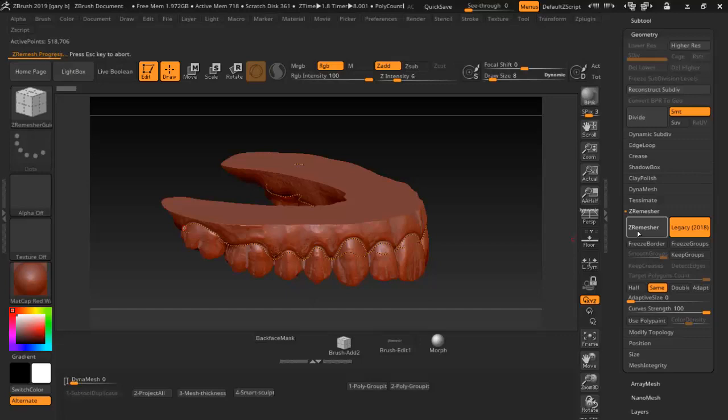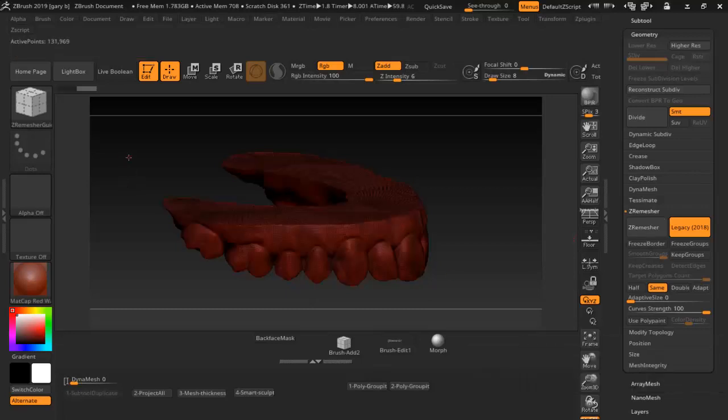Give it a second here. And like I said, always keep an eye on this corner, because a lot of times if this legacy is off and you click the ZRemesher, it'll say error, and you won't know what's going on because it acts like nothing happened, but you got an error and it just canceled out. So just keep an eye on that left hand corner while this is working. As you can see, nothing happened. Alright,